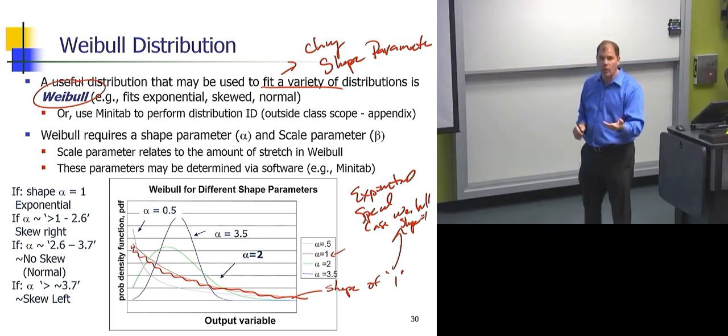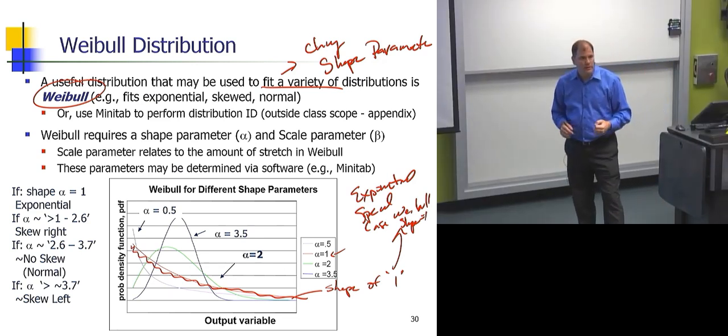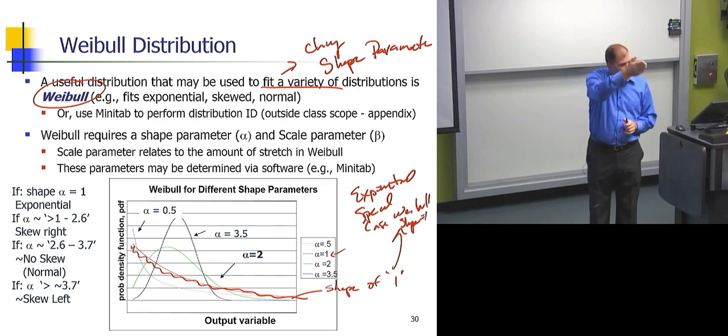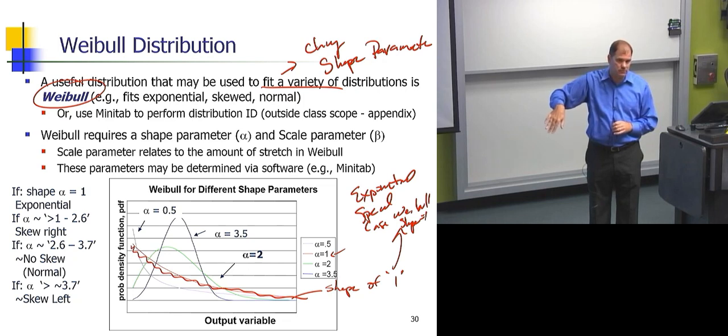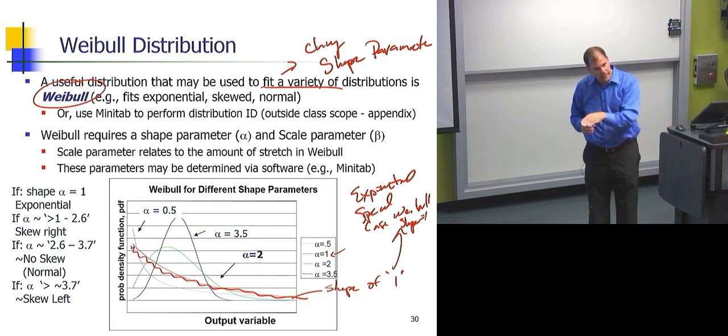The shape is 1. If your shape is less than 1, you come down the curve faster. If the shape is less than 1, you have a strictly decreasing curve. You just come down at a faster rate. If the shape is above 1, you will start to get a peak and a tail. You'll start to get a bend, or